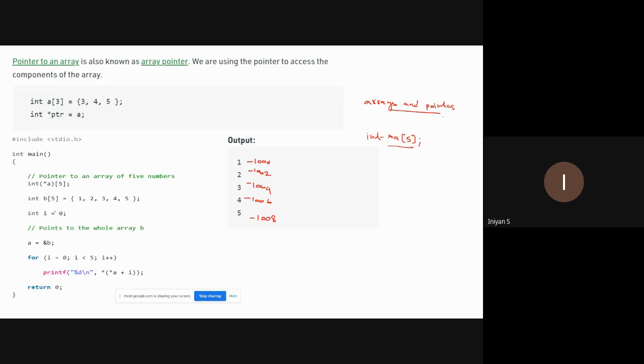Since a is an array of pointers? Yes, address of b[0]. Address of b in the sense, by default, the first address of an array element can be stored in this one. So look at this for loop and tell me